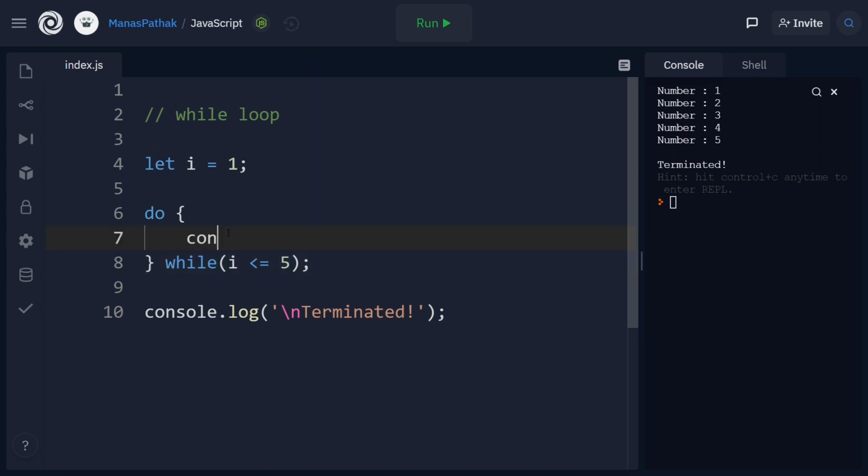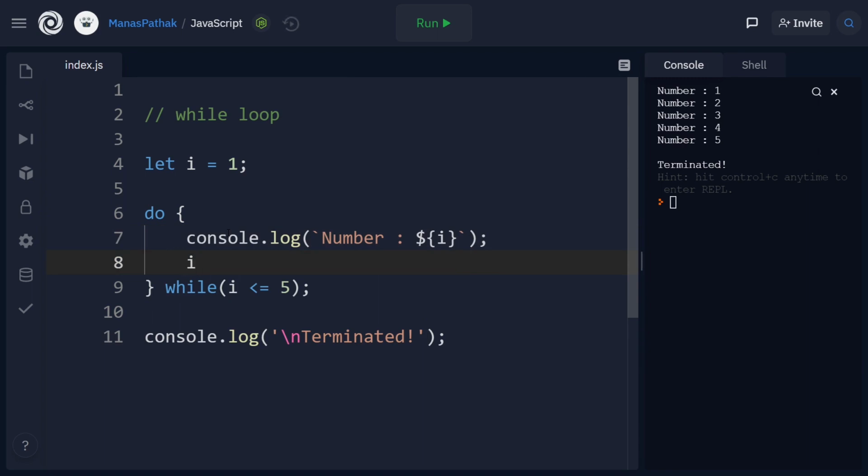And now let's again log the value of i. And after that, I'm going to be incrementing the counter again.